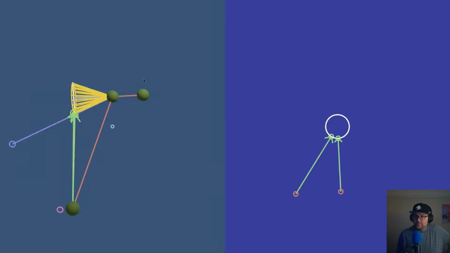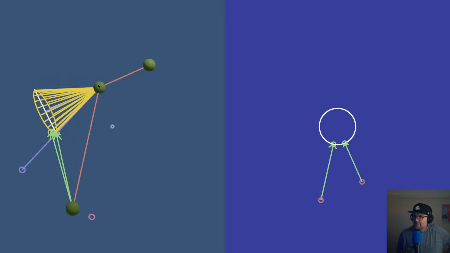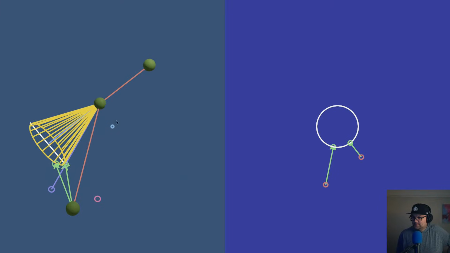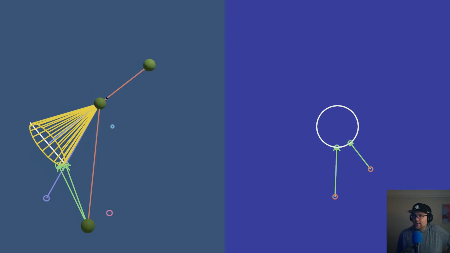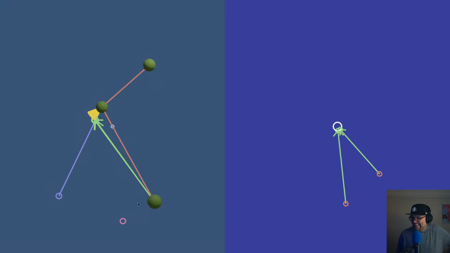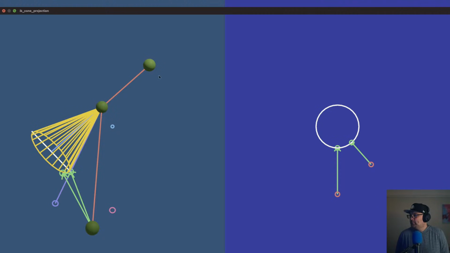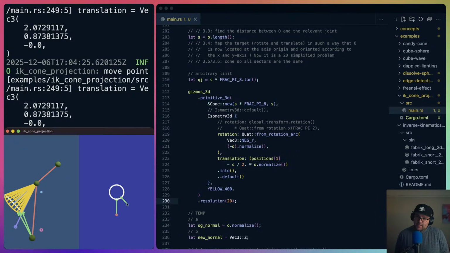I'm gonna have to deploy this visualization on itch or something because this feels like such a useful visualization tool. Not for general development, but so when I make the video, I can point people here and be like, look, this is how joint constraints work. Okay, so I'm pretty confident that the new code that I wrote for the joint constraints is actually the right code for the joint constraints. The change was not actually that big. The only difference is that in the right-hand side here, I'm dropping the z coordinate, and in the left-hand side here,